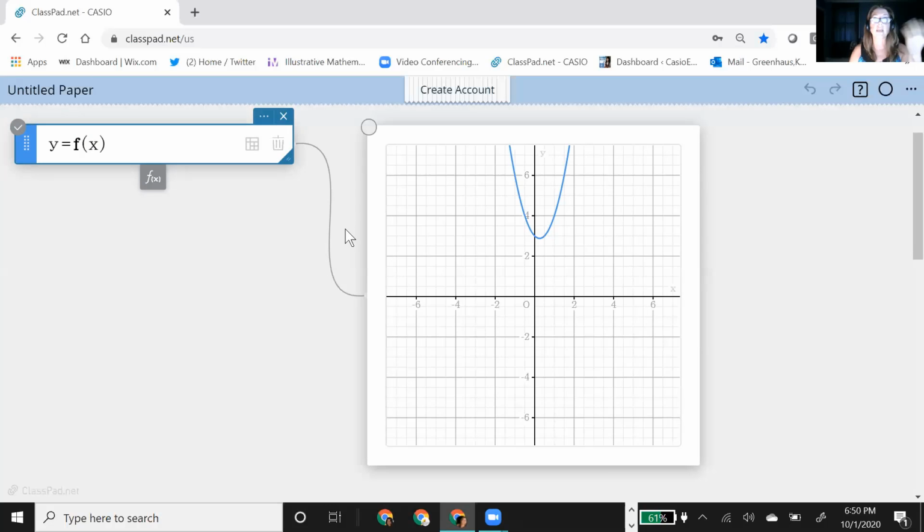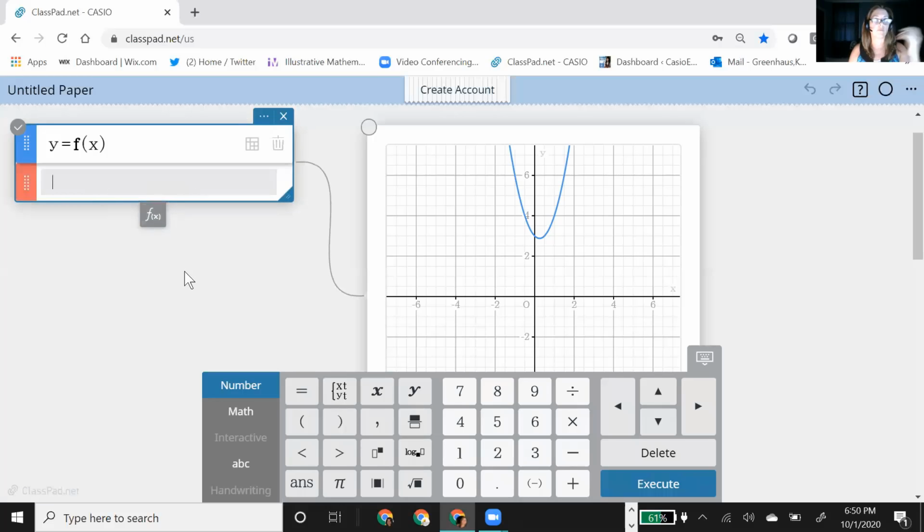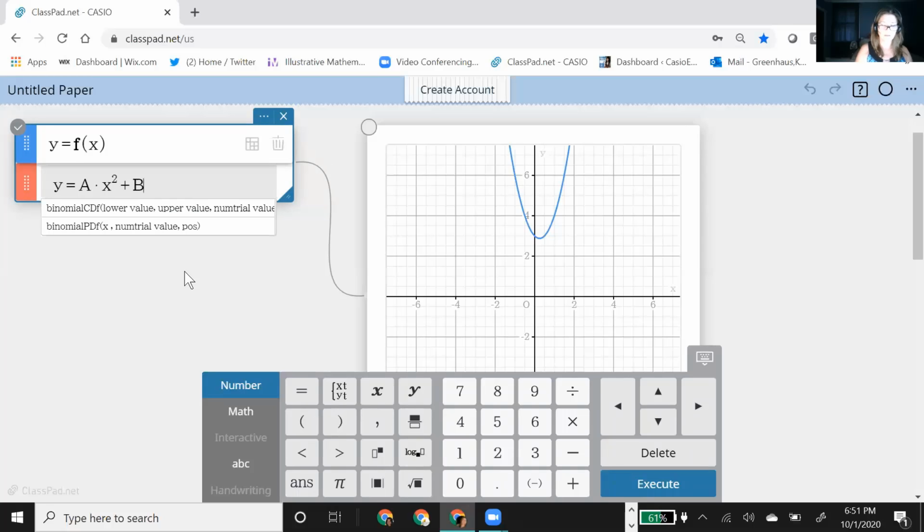So I wanted to show you another nice feature for sliders and how you can use the same sliders in different representations. So this is a parabola. Let's say I have them do the standard form of a parabola. So I'm going to do A, and let's remember that's my variable, and I want to make sure I use the multiplication to show that I'm multiplying by x. And so this is just the standard form of a quadratic. All right, so we're all familiar with that.